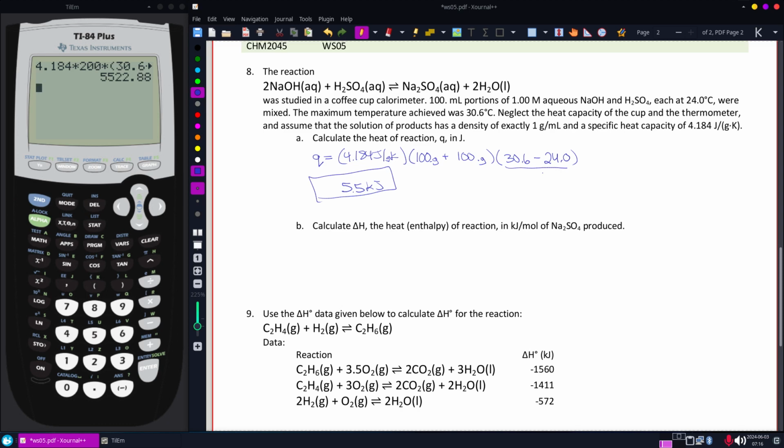significant figures. Alright, now on part B, we want to turn that into a delta H for this reaction. And all we need to do for that is look at that Q and relate it to the moles of, in this case, it wants to know the sodium sulfate produced. Alright, so I have a limiting reagent type problem in the sense that I have 100 milliliter portions, or 0.1 liter, of either 1 molar